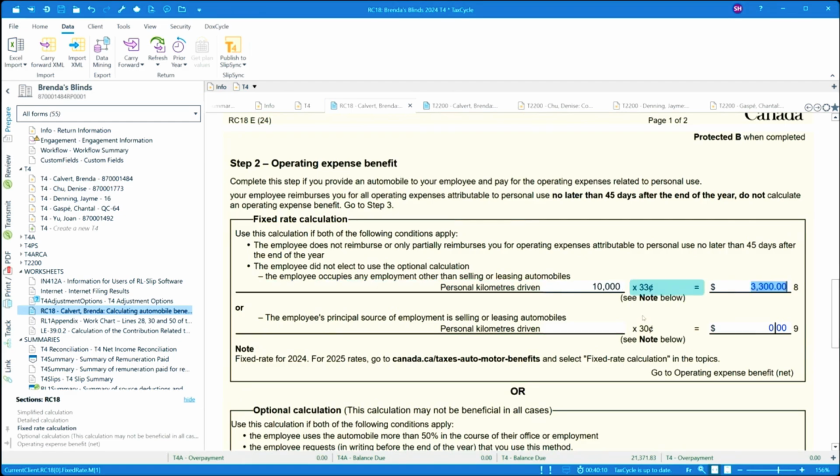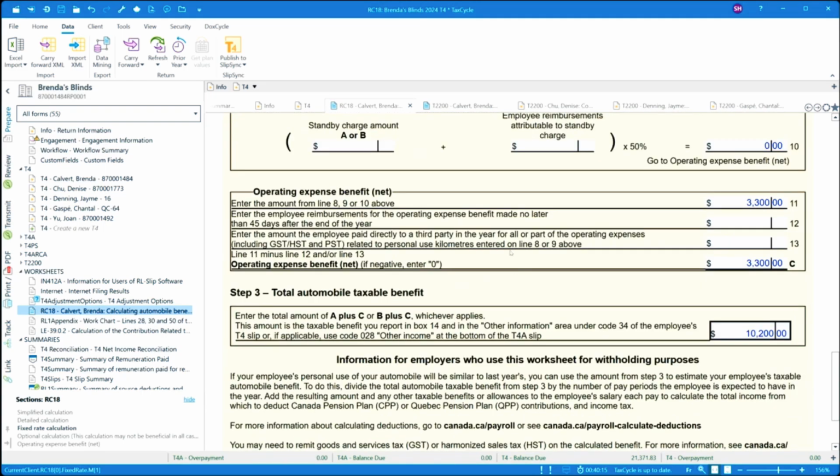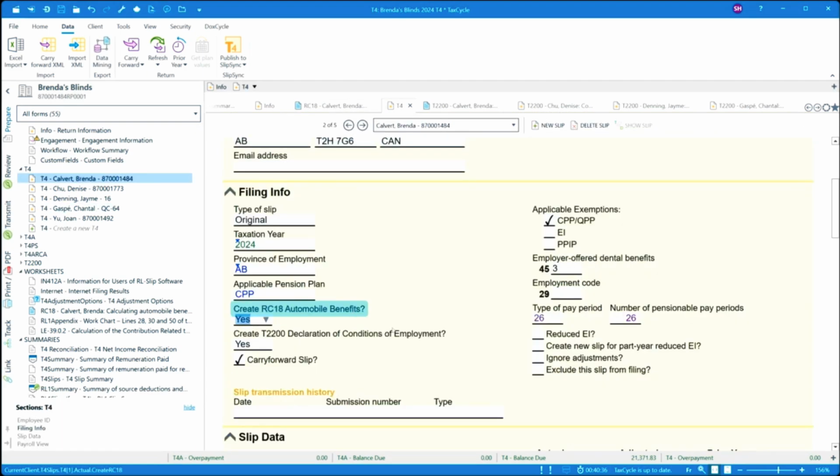We're going to use the simplified method, assuming that applies. So now we come down to the bottom. We have a total automobile taxable benefit calculated based on the above form of $10,200. So then we have to go back to, actually, I'm going to click on this and I'm going to Control C to copy that amount, and then go back to Brenda's T4,